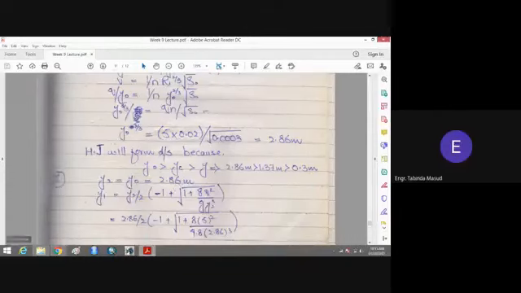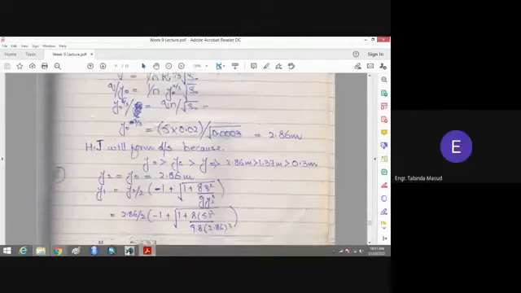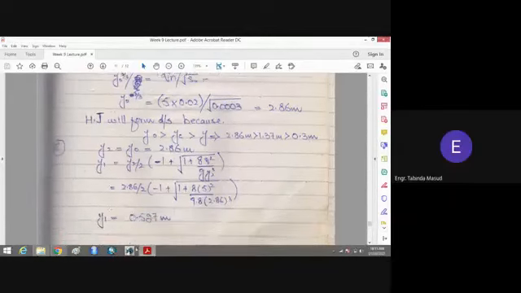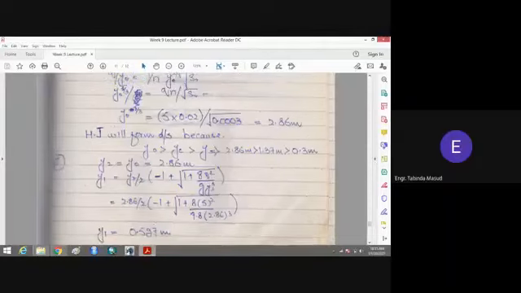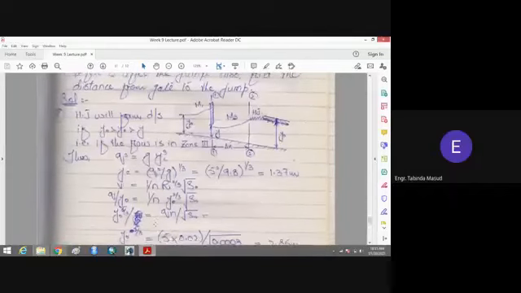We will find the value of y1, for which we have already derived an equation in our previous class. So putting the values, you will get this result, 0.527 meter. This is the depth of the flow before hydraulic jump. The last requirement is to find the distance from the gate